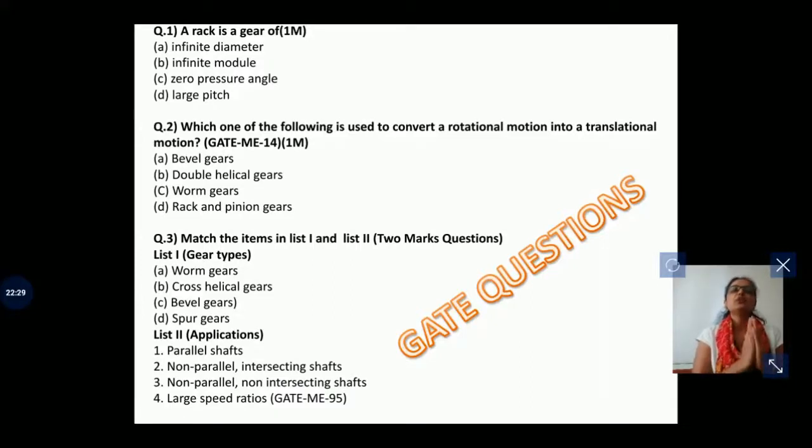I hope you get a clear idea how to classify the gear. I know this lecture is quite lengthy, but to get a clear concept about the classification of the gear, you must go through the video. And at the end, as we said, we are going to discuss objective type questions. So on your screen there are 3 objective type questions based on this classification of the gear. Just read this question, try to find out the answer and comment the answer.